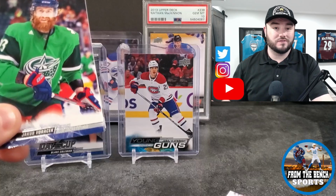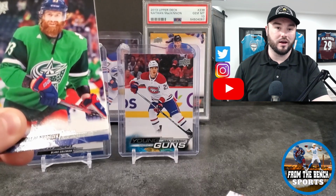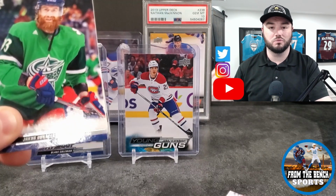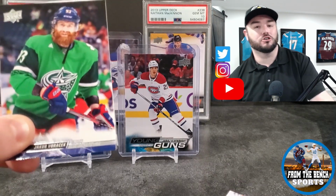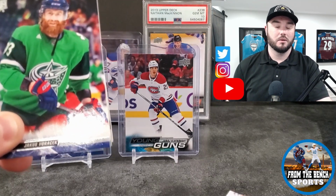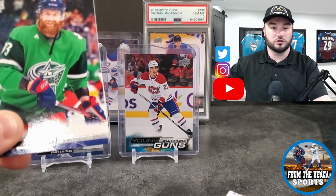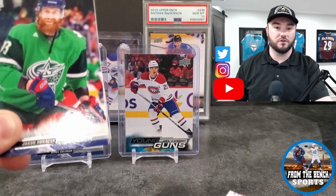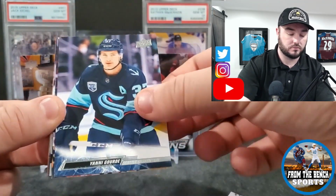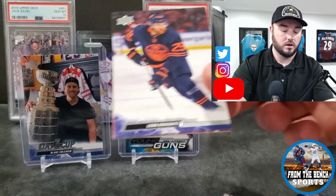So that's your 5th, 6th, 4th picks. Those aren't really, once again, going to be typically joining you right away, right? They're typically not jumping in in year 1. That's just not how it usually works out. Usually they're a year or 2 down the road, unless the cupboards are bare and they just need to throw somebody in there. But a lot of times they're trying to develop you, right? So they'll send you back to junior for a year, college in this case, leave you over in the Swedish Hockey League, wherever, or bring you over to the AHL if you're from overseas. Lots of different options. So last pack, Jacob Voracek, Yanni Gourde, Swayman, Matty Beniers in the honor roll, Leon Draisaitl,